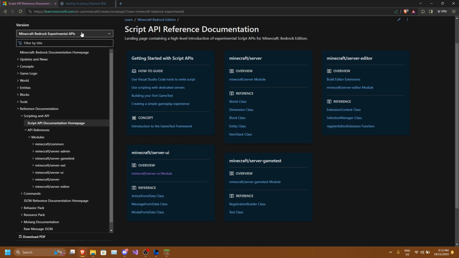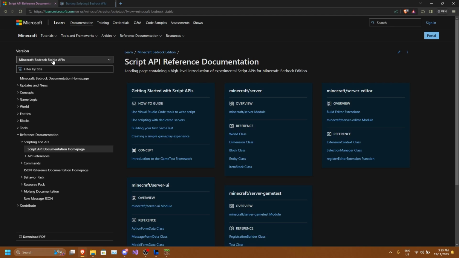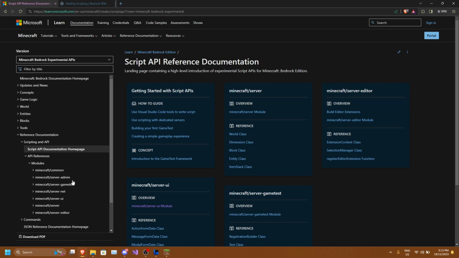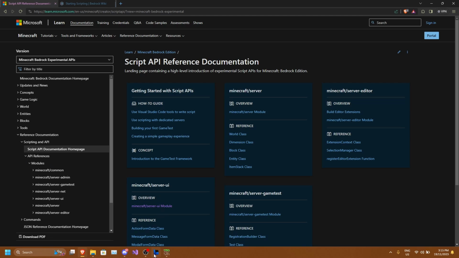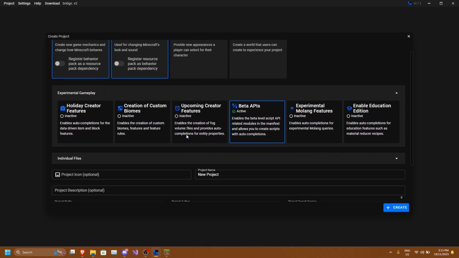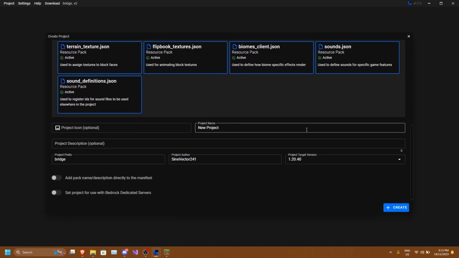So if you're not going to use any experimental modules, I suggest just using the stable API. However, if you're wanting to use something and you're just wanting to test stuff out, then the experimental API is the way to go. So, with that being said, in Bridge, what you can do is you can just finish